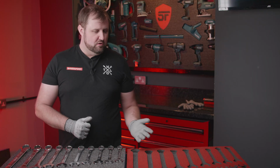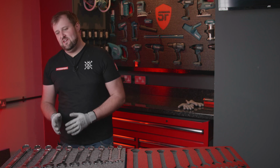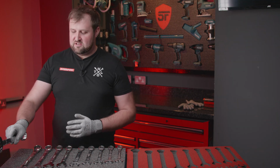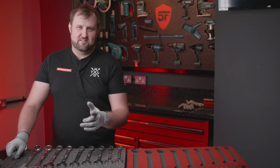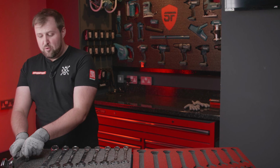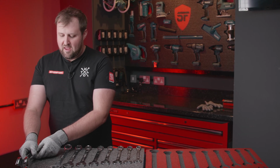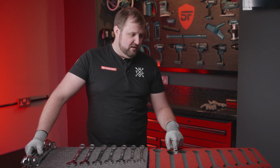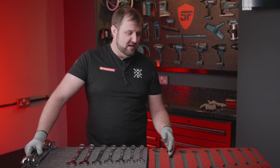Now, just as a quick one, you might be thinking watching this, why are we not putting them on the side? And that is a good question if you were questioning it. And the answer is that we could put them on the side. I mean, when I was decking out this toolbox originally, when I cut this first liner here, 7, 8 years ago,